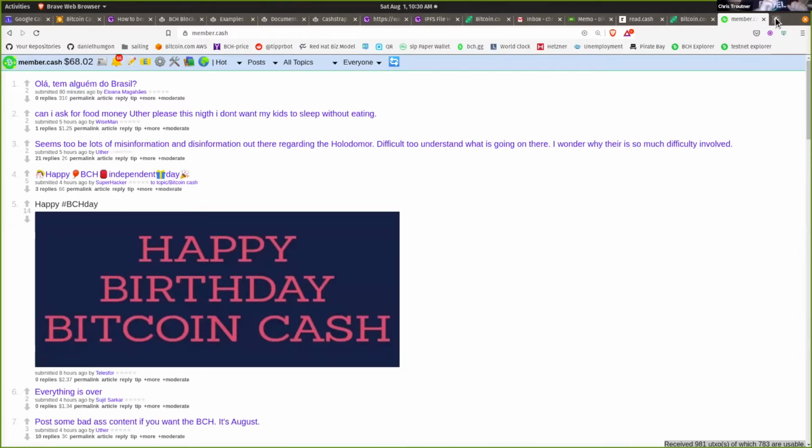when the guy who created memo.cash created the protocol and the website, he never gave any consideration to what became member.cash. Member.cash came later, but because everything's on the blockchain and all the raw data is on the blockchain, he was able to build a whole new app, repackaging the existing data, the existing user accounts, and the existing technology and protocols to build something completely new. And I think that additional technology is going to be built on this platform. We're going to see a whole bunch of websites in the future that use this technology. So these are some good examples of what I mean by a web app that talks to the Bitcoin Cash blockchain. Let's look at another one,